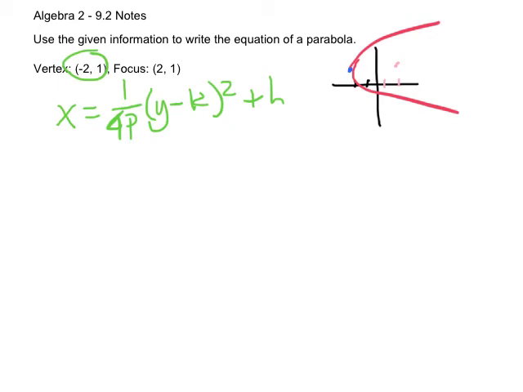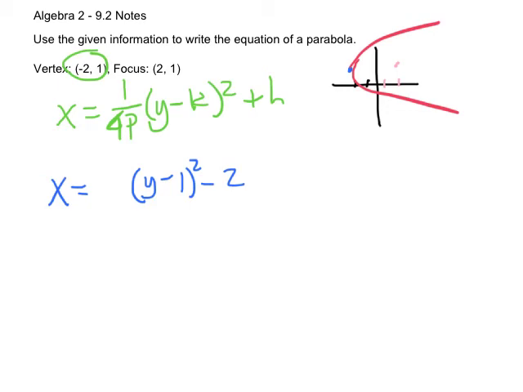So when I'm writing this equation, I know right off the bat, I don't know what 1 over 4p is going to be yet, but I know I'm going to have x equals something times y minus 1 squared minus 2. Okay? Well, now I just need to know what that p-value is, and that p-value is the distance from the